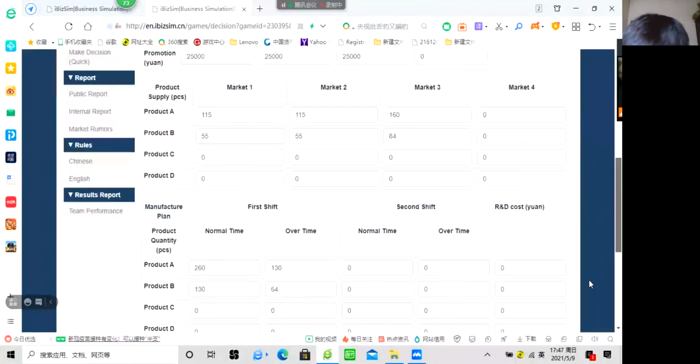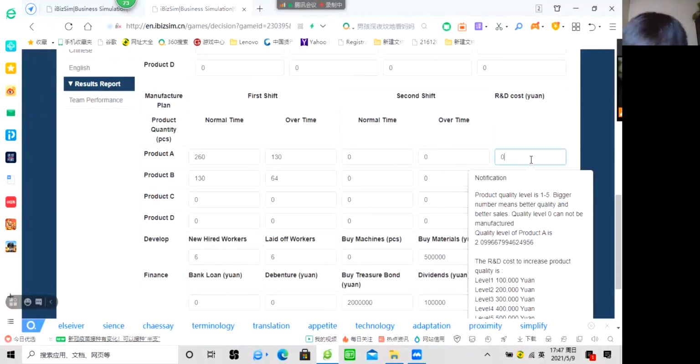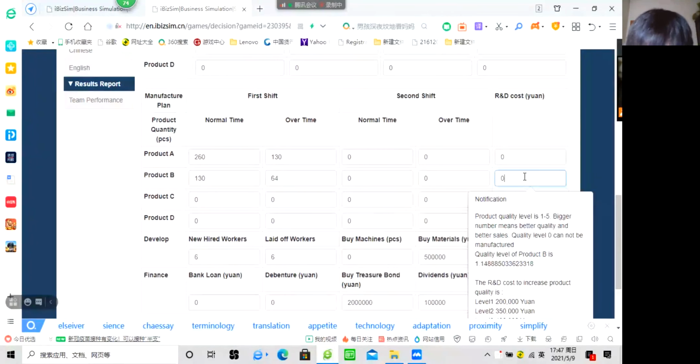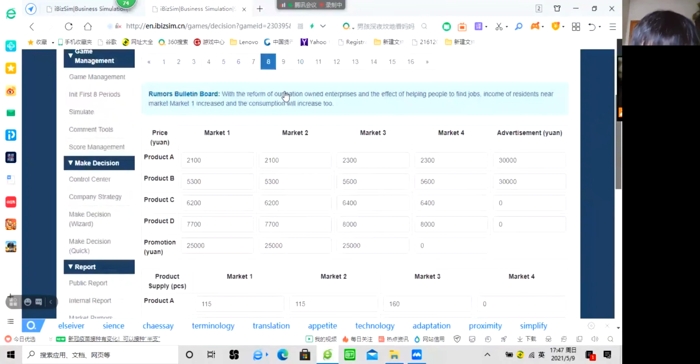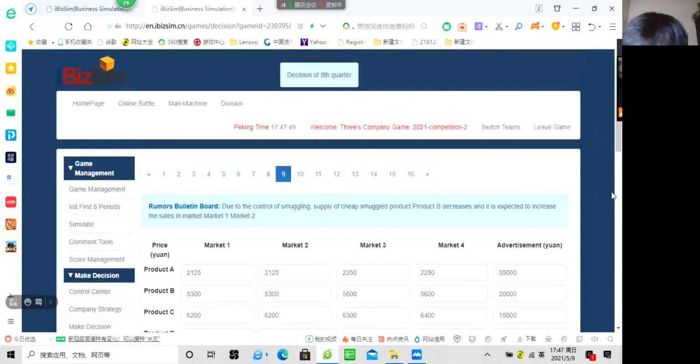Product C and D are also not produced. They just produced product A and B, and the level is just level 1. That means 100,000 has been paid, and research fees have been paid. Here 200,000 has been paid. So that means in term 9, if we want to